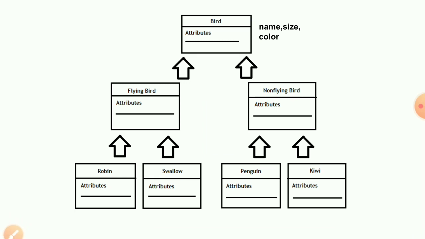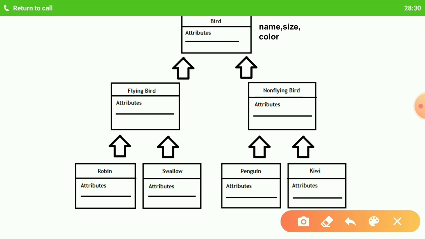Similarly, here you can see I've given one more example. I've got the bird class here. So this is the bird class. It will have some common features which all kinds of birds will possess, like name, size, color.